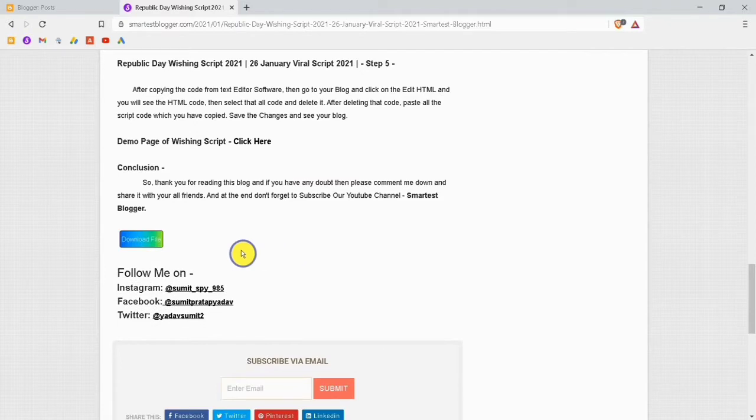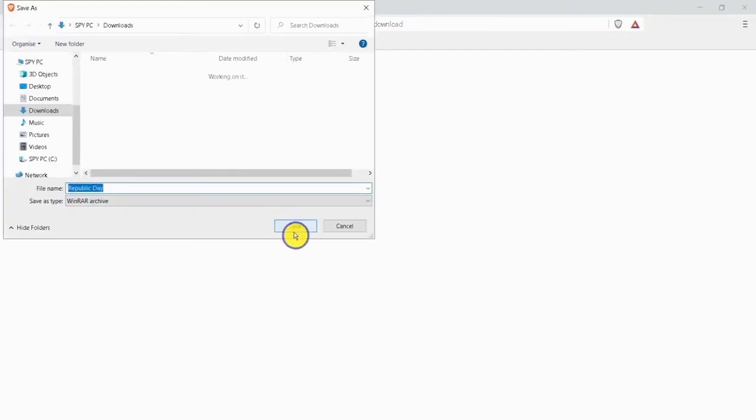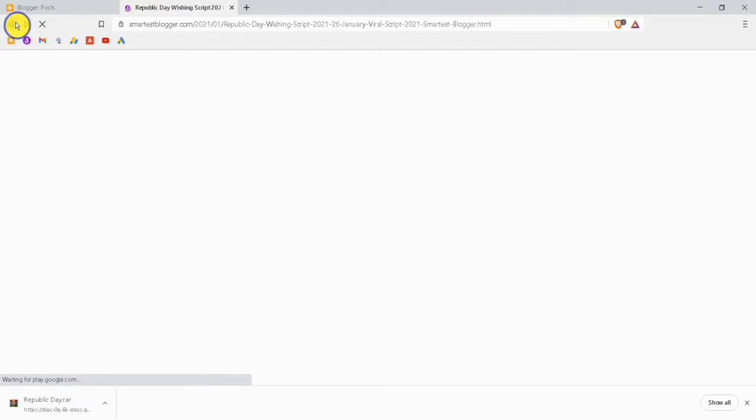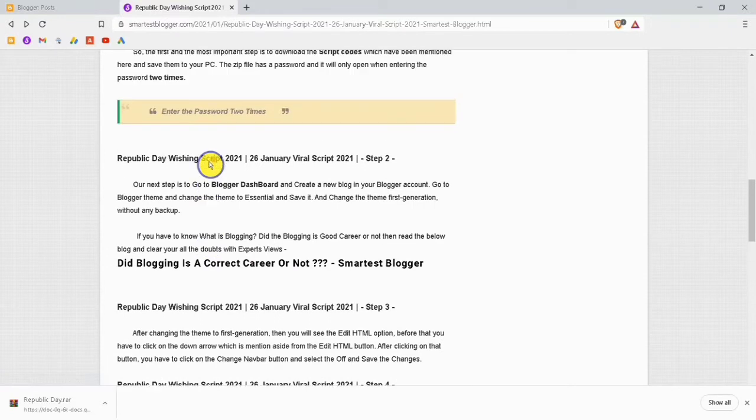So our timer has been completed, and now click on download file. After clicking on it, you will get directed to the Google Drive download page. From that page you want to download the script. Here you can see the download button has been mentioned. I will click on that button. So my downloading has started. I will save it. Our downloading has finished. So we will go to our main page and see the following steps. Our first step has been completed.